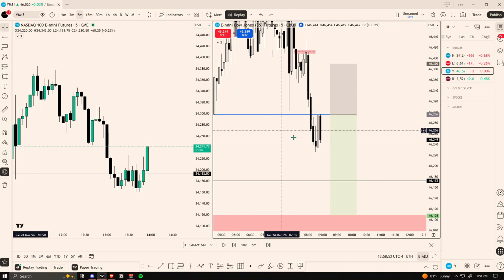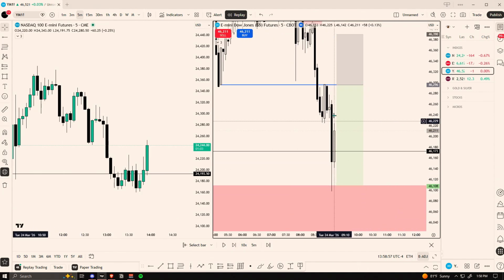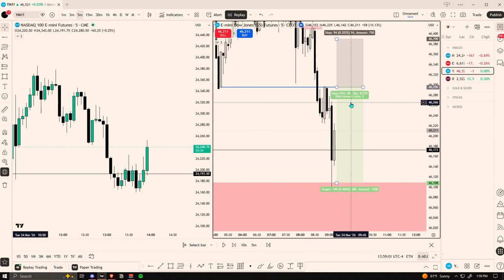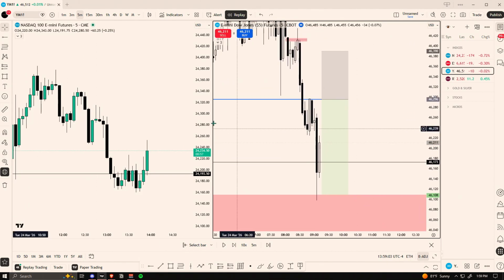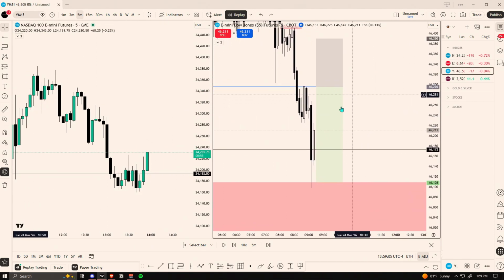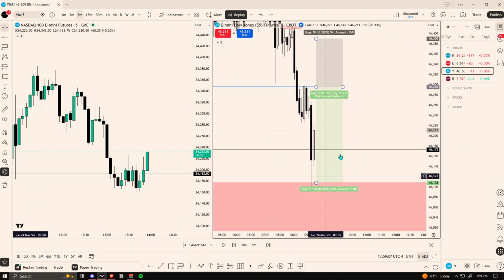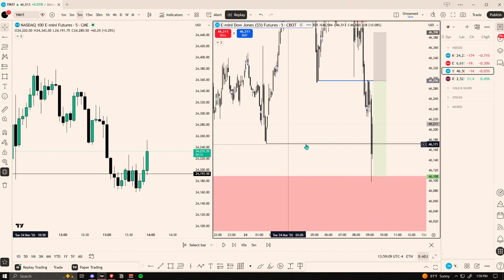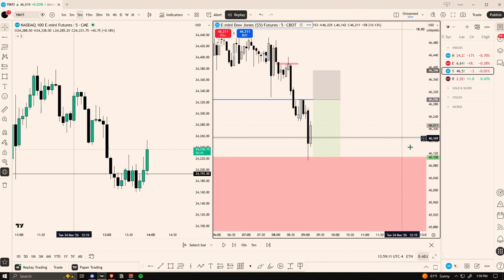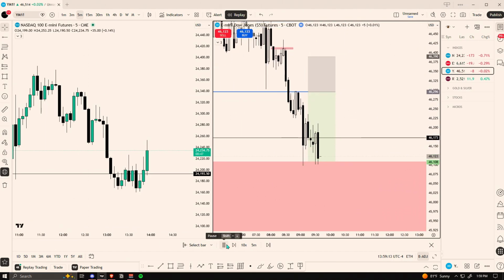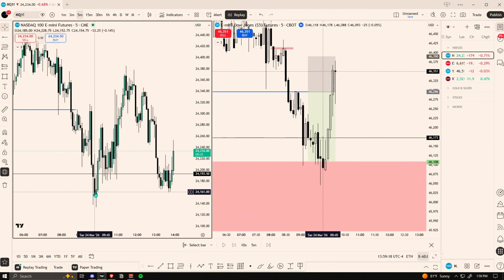Price hits me there. I had literally zero drawdown, and then price hits my take profit in the next two candles. And at this point, I took a majority of my position off. My stops were at break even, and I told you guys in the Discord that I wanted to see ideally 9:30 continue lower to spool and break out through these lows, but that did not happen. If we continue to play price, I ended up taking off a little bit more on the stab lower here because I noticed that Nasdaq really wasn't doing anything.